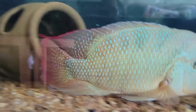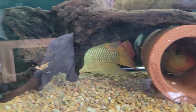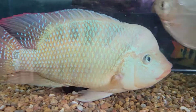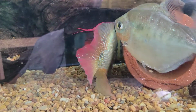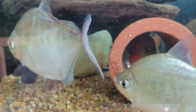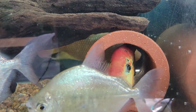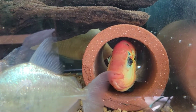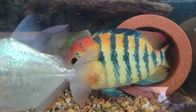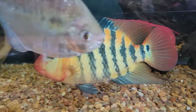I've said it hundreds of times, and I'm completely incredibly happy with the way this guy's turning out, and he gets bigger and thicker every single day. I can't tell you what his length would be. If it just had to be a guess, I'd probably say 13 inches. I have no idea. I'm not going to pull him out just to measure, but he's definitely the biggest male Feste I've ever kept. And as a pair, definitely my most productive and